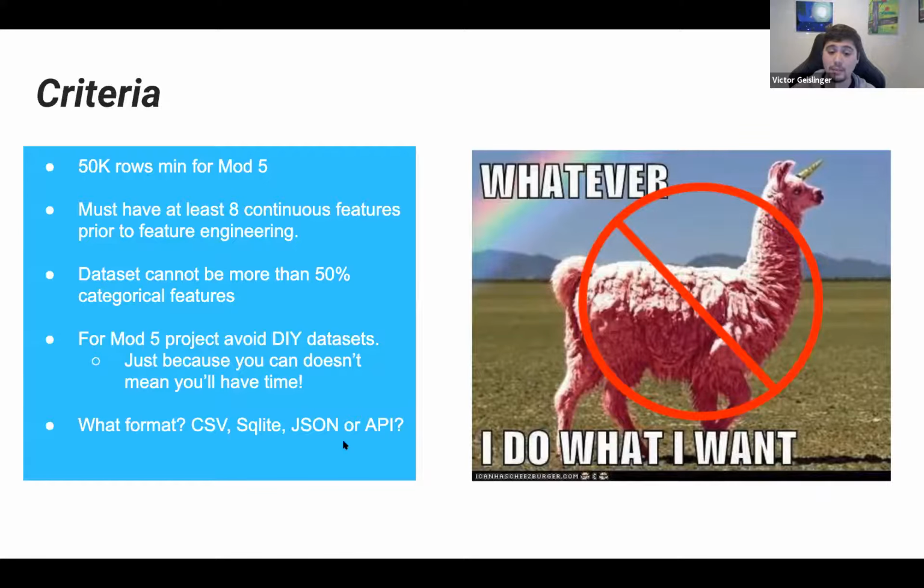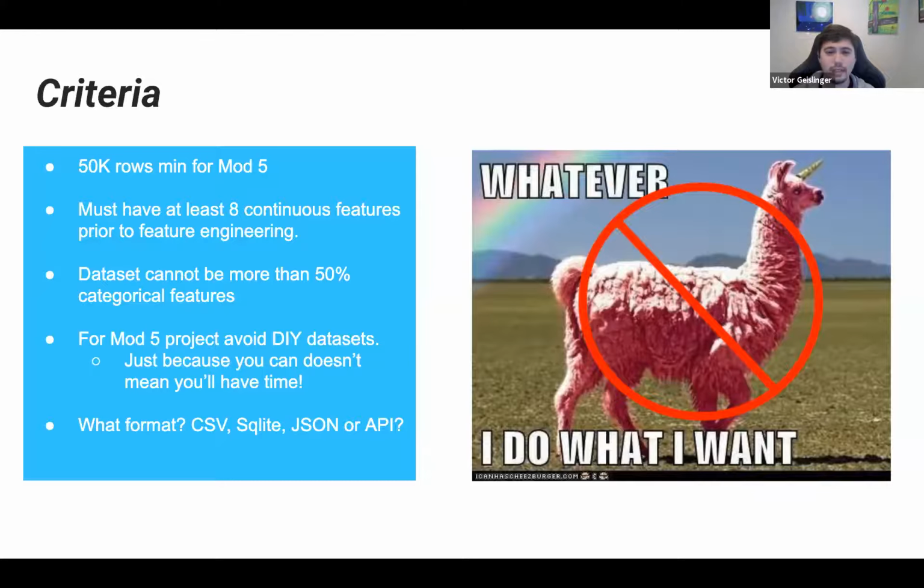You can possibly combine data sets, like maybe you have some of the data within a CSV and some of the other data through an API. That's possible to work together too, but try not to make that your main focus. If there's some interesting data, but there's not really a way for you not to do DIY, think about that for your capstone. Maybe you can start with something related here and then move into that in your capstone if you're really interested. Okay, sound good? Any questions?